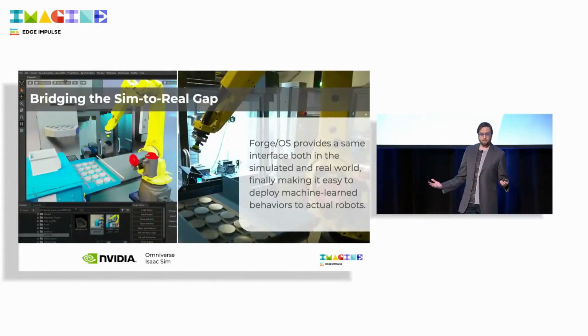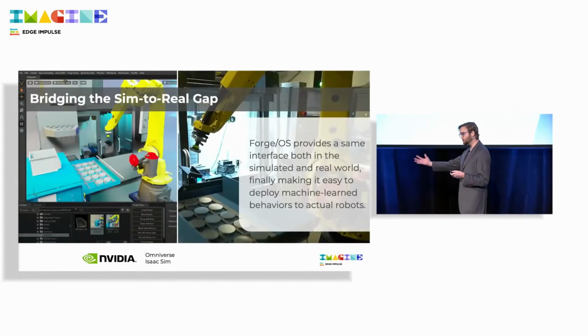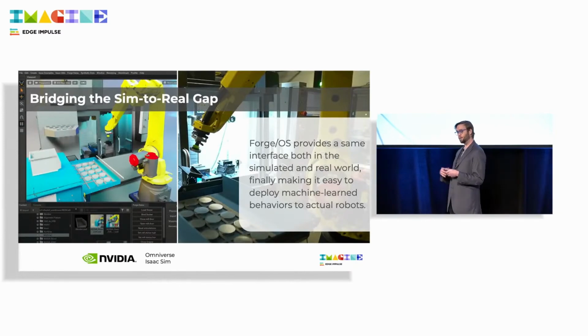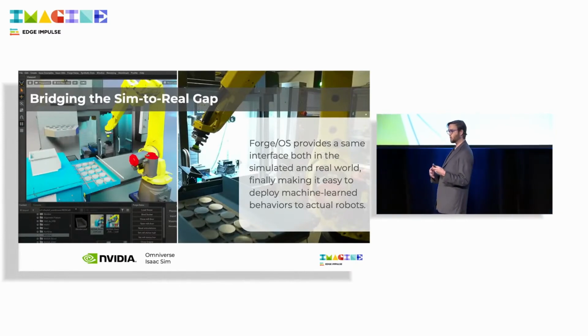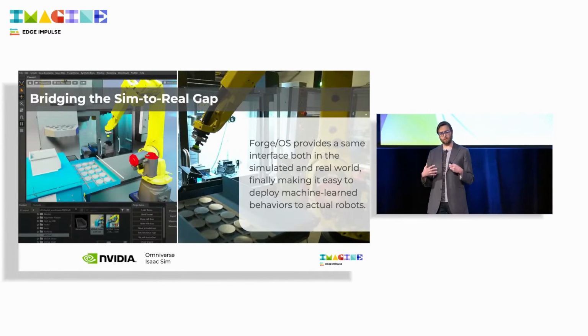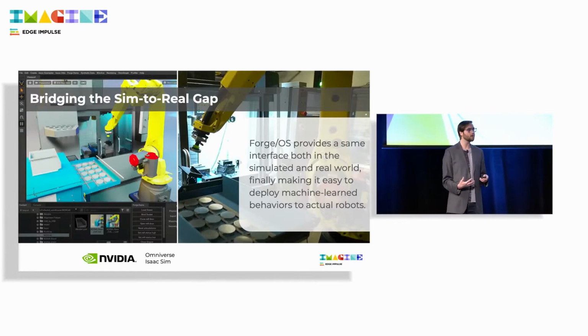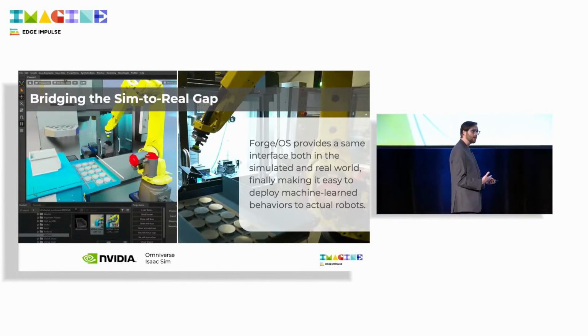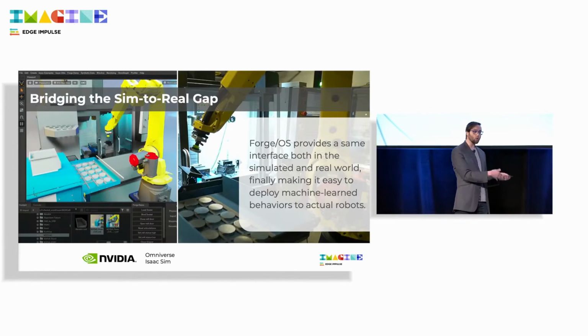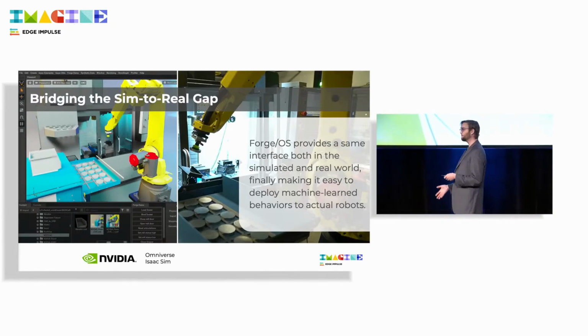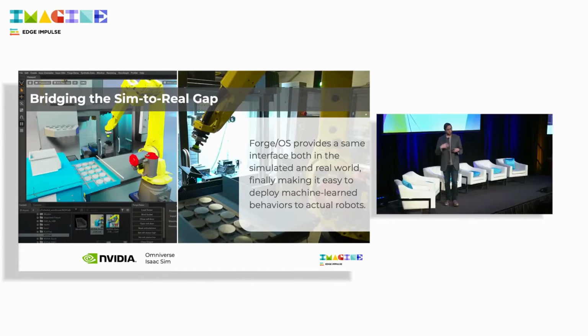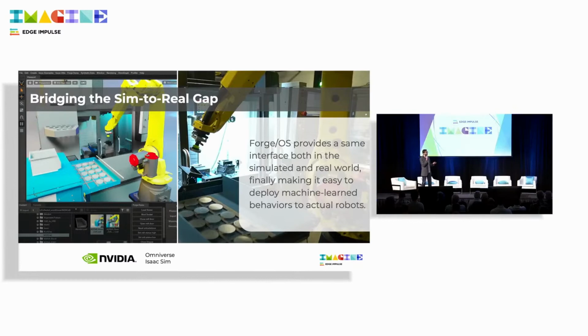In some instances, this means working with one of our partners like NVIDIA, where in the NVIDIA Omniverse, you can now program simulations of industrial robots using Forge OS and these productivity apps, and then take those programs that you've written in simulation and seamlessly deploy them out into the real world to run on those type of robots without having to change a single thing. But it's not just about pushing stuff from computers out into the real world.